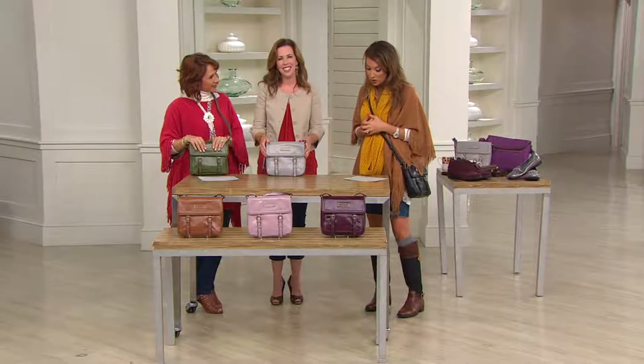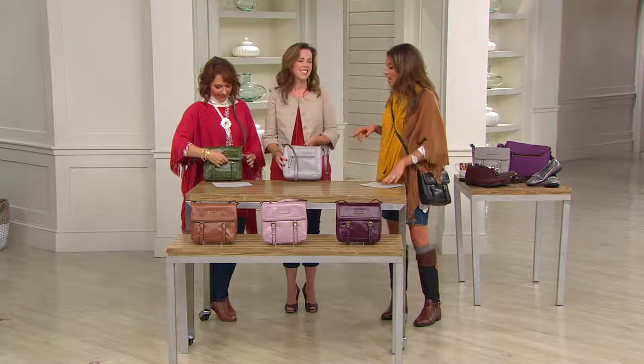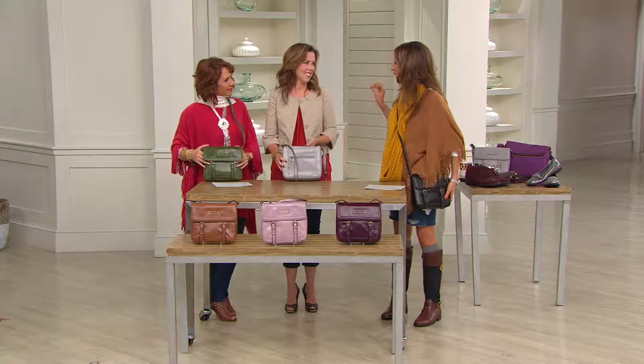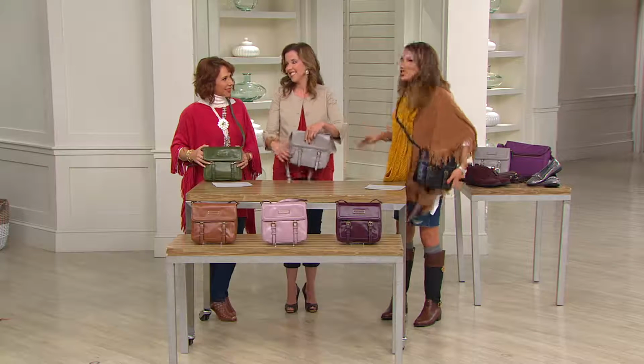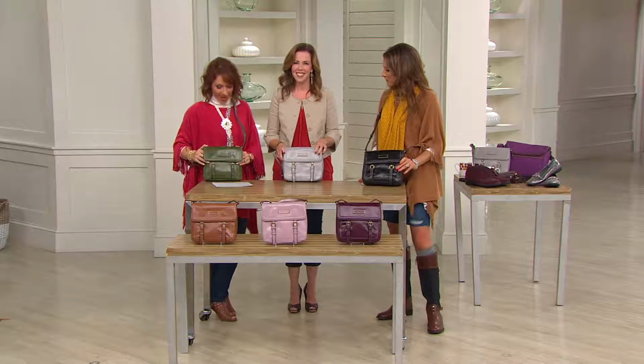It's a flap crossbody, 3 easy payments today of $28 and change. That's going to go away at the end of the weekend. To me, I feel like this is an iconic bag waiting to be seen. Yeah. So cute. I agree. And we've got so many colors to talk about, and that easy pay is expiring at the end of the